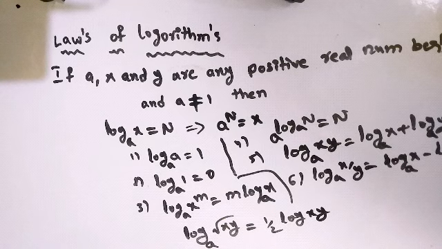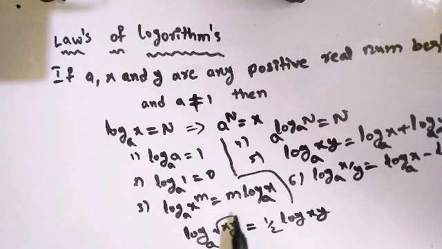Why? Because here a root will come as 1 by 2 power, right? That means this xy will have a power of 1 by 2. So power of 1 by 2 means it would be in the form of log base a of x power m, then m log x. So m log x. In place of x, we have x into